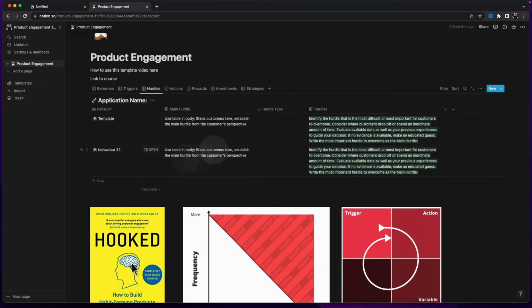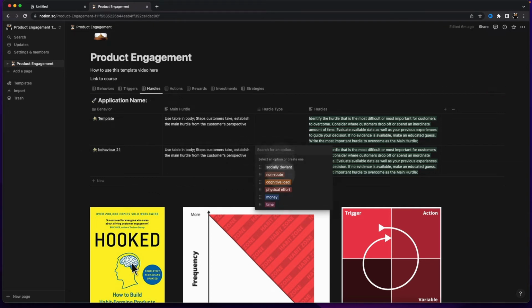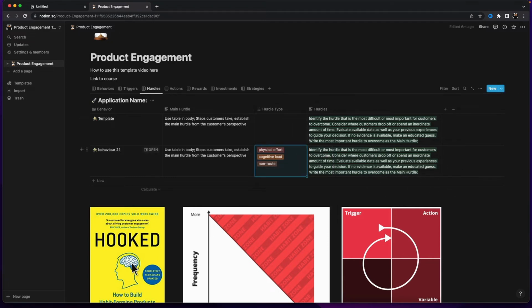So here you're identifying your main hurdle. Where you've got a hurdle type, you see I've pre-populated it with a selection, and in some cases these are multiple selections because you can do that for a hurdle type. And then again here for hurdles is a background description. So I like to keep the template in, so it's always visible,